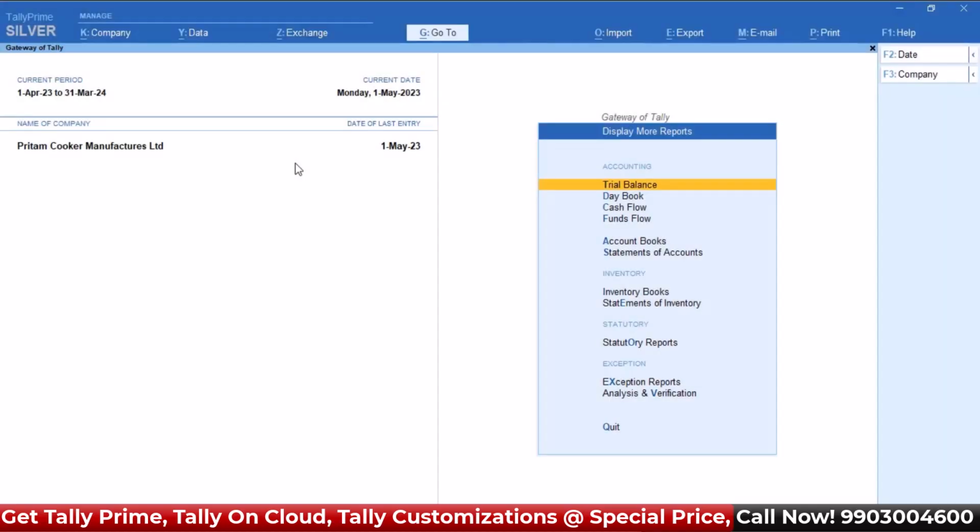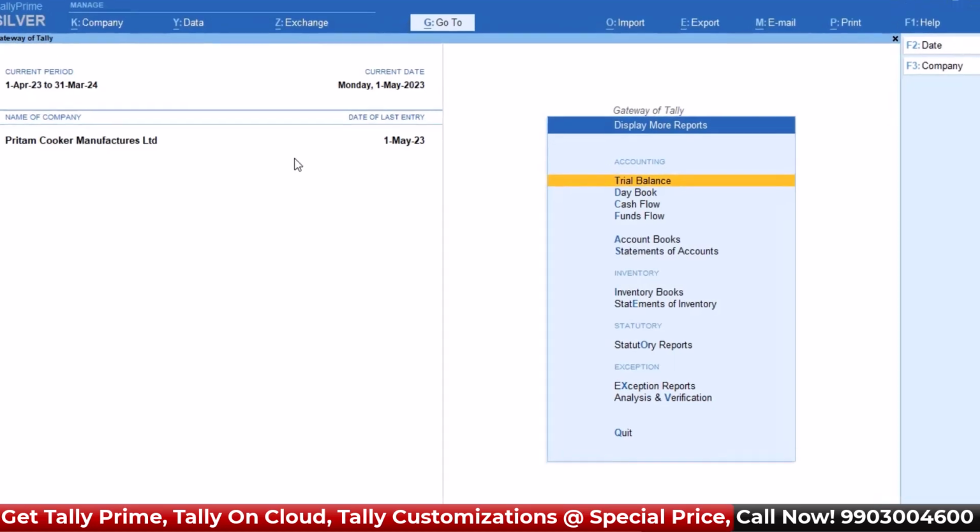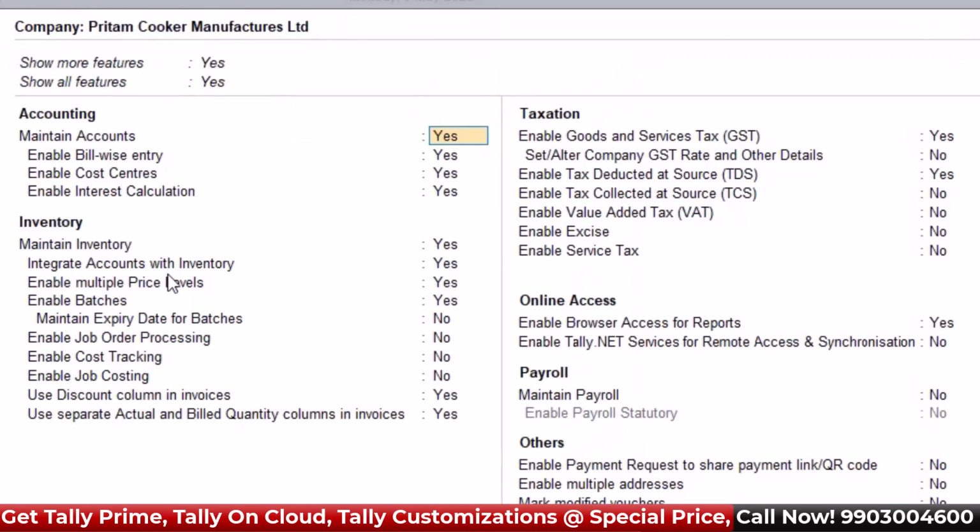चलिए स्टार्ट करते हैं आज का वीडियो। प्रेस F11। यहाँ पे आपको ऑप्शन मिलेगा इंटीग्रेट अकाउंट्स विद इन्वेंटरी। इस ऑप्शन को आपको नो करना पड़ेगा। फिर कंट्रोल A करके सेव करना है।